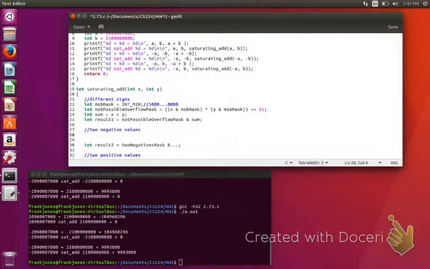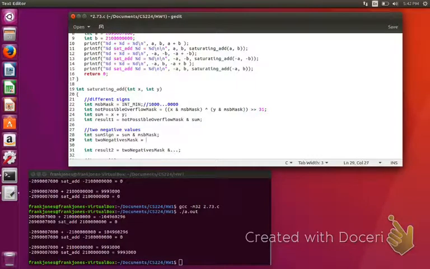Okay? So first, let's isolate the sign bit from the sum. So I'm going to create a variable called sum sign, and we'll set this to sum ANDed with the most significant bit mask. All right, so sum sign now is just going to have 0 in all positions except possibly for the sign bit, because we've ANDed that with something that was all zeros except for a 1 in the sign bit. Okay, now we need to set this mask up. Two negatives